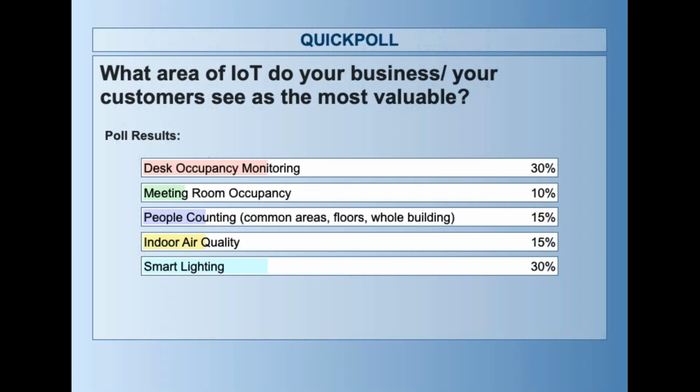So pre-pandemic, we saw desk occupancy monitoring as kind of the biggest demand for IoT solutions. That was particularly relevant for larger cities where desk space was hard to come by. So users wanted to be able to see how often desks were being used and whether they could book desks